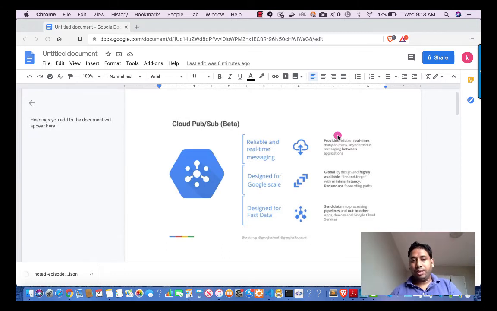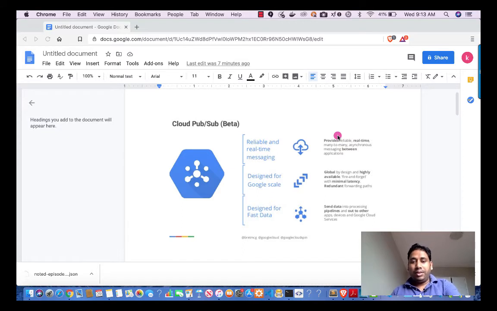There is a publisher application which will be publishing messages to PubSub, and then there is a subscriber application which will be receiving these messages. So Cloud PubSub is a real-time and reliable messaging service, and it provides many-to-many asynchronous messaging between applications.